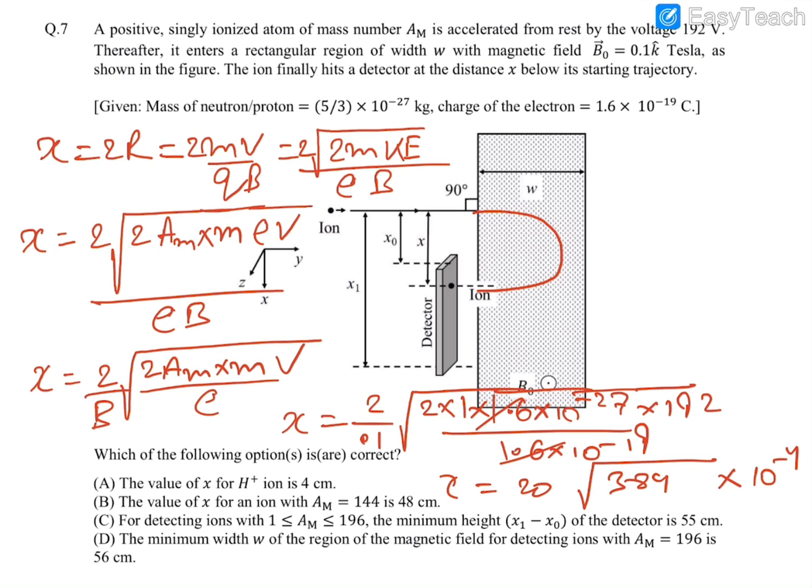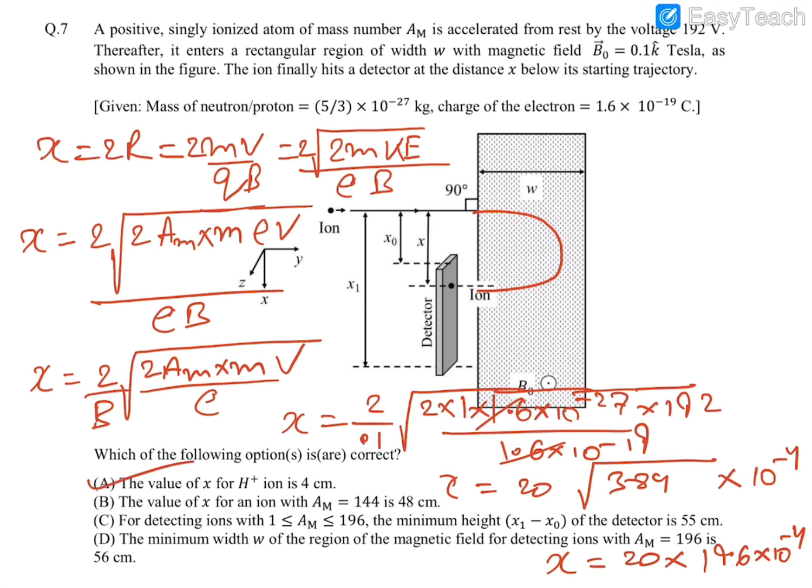So root of this is 384, and let us find out the root of 384. So root of 384 is 19.6, so x will be 20 into 19.6 into 10 raised to power minus 4, and you can see that if we approximately take it as 20, so 20 into 20 will be 400, and this is 10 to the power minus 4. So the correct value of this would be equal to option A,